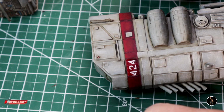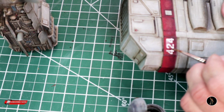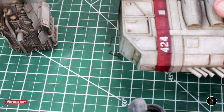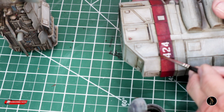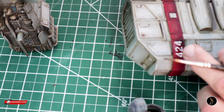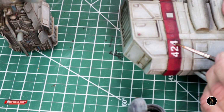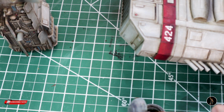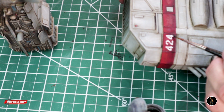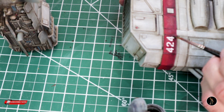This one next. This is Winsor & Newton oil, and I'm going to do some weathering. What I want to do is just kind of dull this up a little bit, and plus I just want to have the paint go over all this just to kind of hide the decal a little bit better, so you don't really see the edges. But I also don't want to have my numbers all totally grungy. But I do want to have them a little bit darker towards the bottom, just so it kind of mirrors the